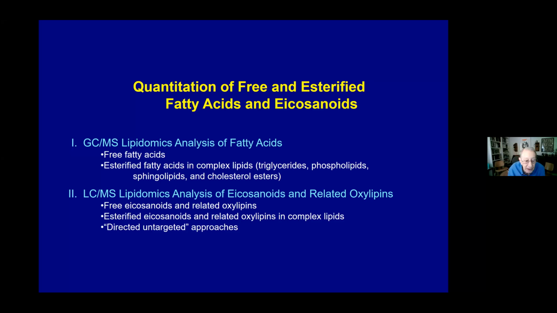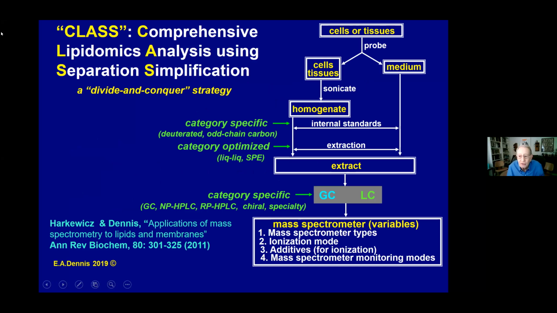Now, I'm going to again talk about free eicosanoids and then esterified eicosanoids. And those are using triple quad. And then in the last brief part, I'm going to talk about directed untargeted approaches to eicosanoids, which take advantage of a hybrid orbitrap and exact mass capability. So for the students present,